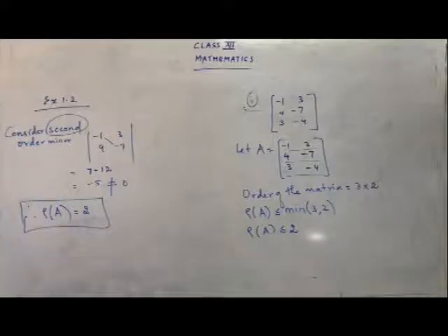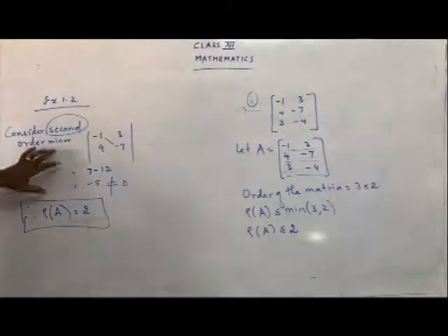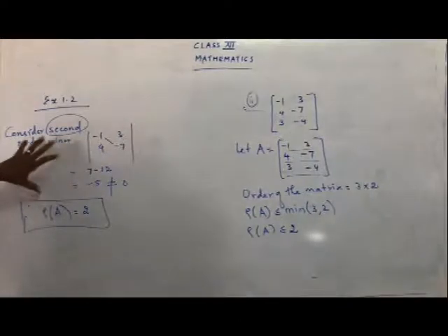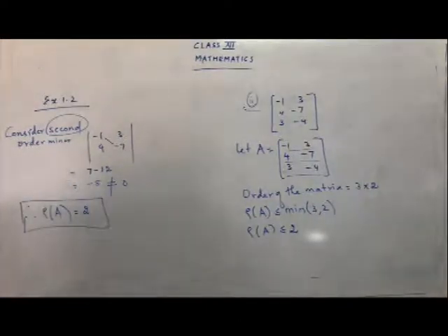This type of question may be asked for 2 or 3 marks. For 2 by 2 you may get it for 2 marks, and if it's a 3 by 3 matrix you may get the question for 3 marks. So you have to be clear with the method, because we have 2 methods for finding rank. One is the minor method and one is the row reduction method. Now you are using the minor method, since we are focusing on minors. Since we are getting the answer with the help of a minor, we call this the minor method. So this is finding the rank using the minor method.